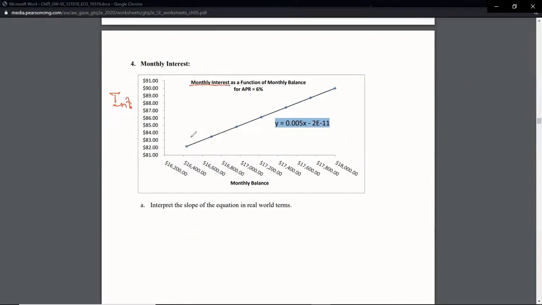Now, this equation looks a little different than the other ones we just had because this line isn't going all the way to the y-axis. Also, I need to be clear that this line right here is not the y-axis in a traditional sense. It is the labeling of the y values, but it is not the traditional y-axis. And that's because this value right here is not 0. It's 16,200. So this graph is actually a zoomed in version of another graph. And what that graph would look like,